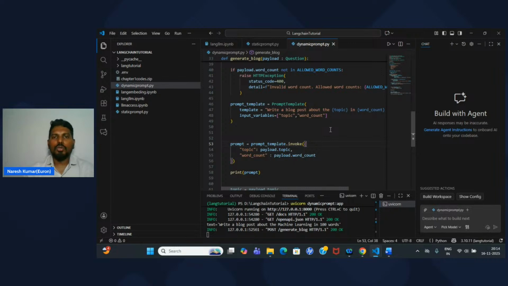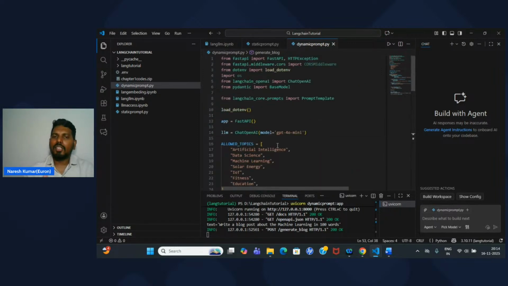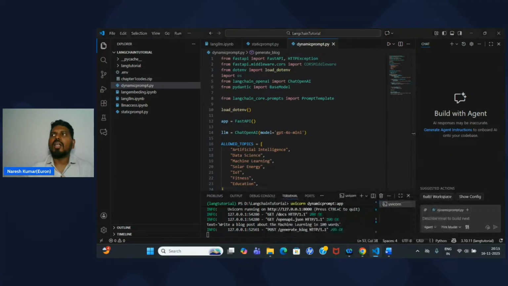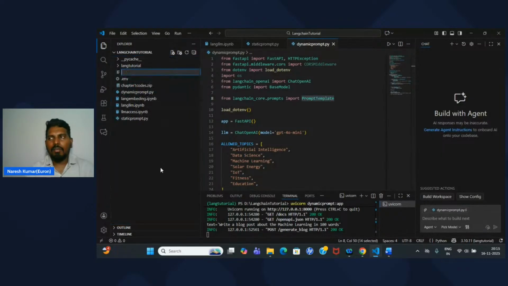So we should use prompt template and chat prompt template instead of formatted strings. I hope everyone is clear with this. If it is clear, then we will see a chat prompt template example. So we have seen a prompt template example now, and we are going to see a chat prompt template example. All right. For that, I'll take a new file and I'll give a name as chat prompt